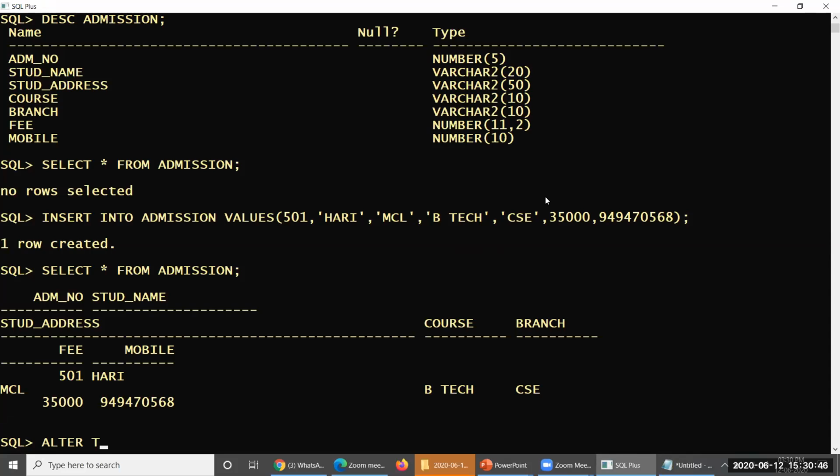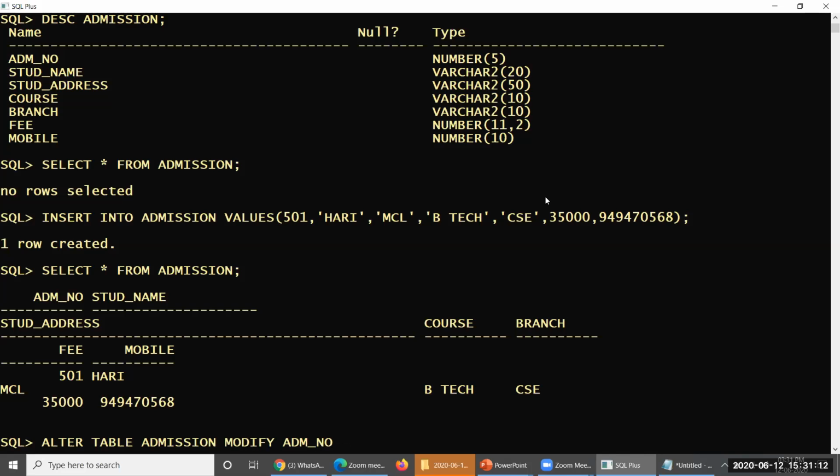Alter table, the table name is admission. What I am trying to do here is reduce the size. Reducing the size means it must already exist, then only can you perform the reduction. So modify, our attribute name is ADM_NO.